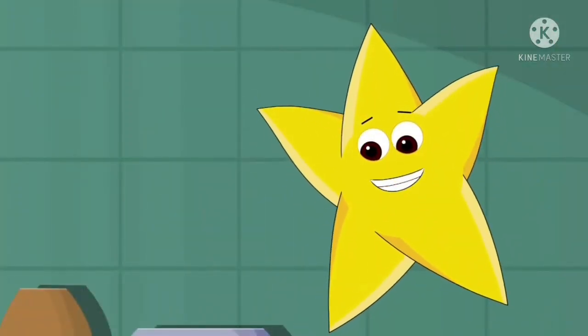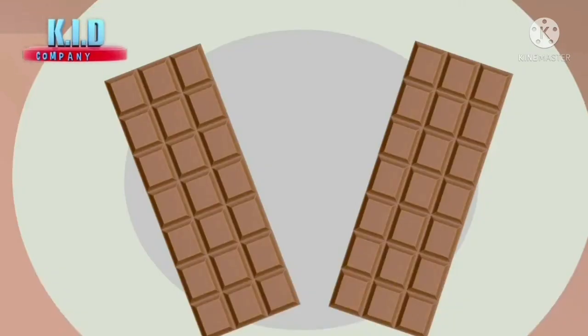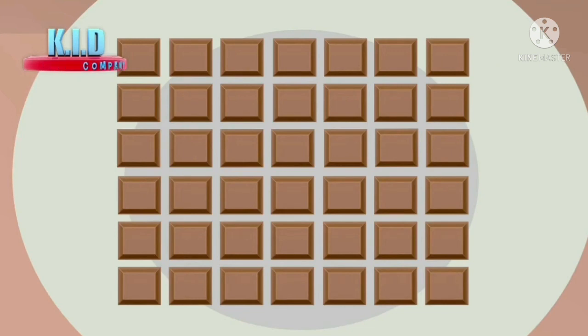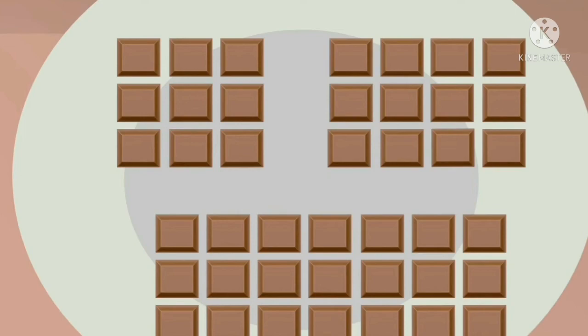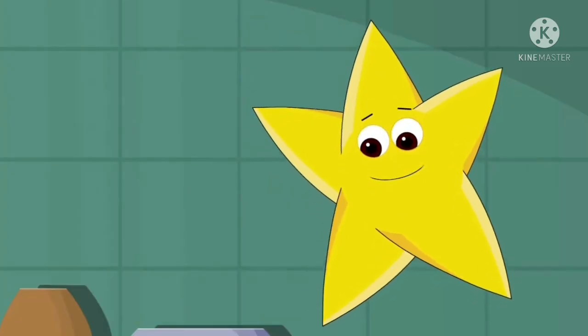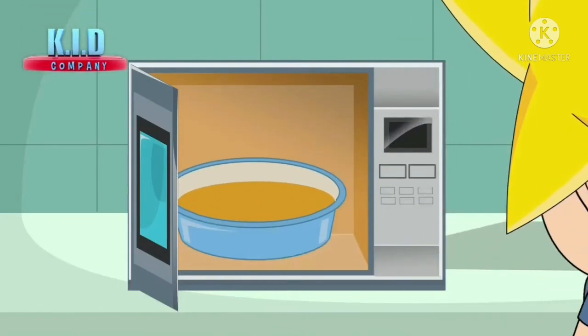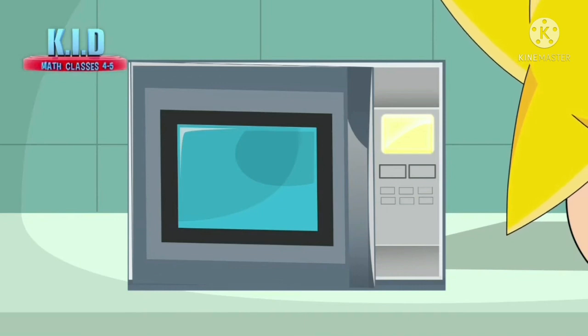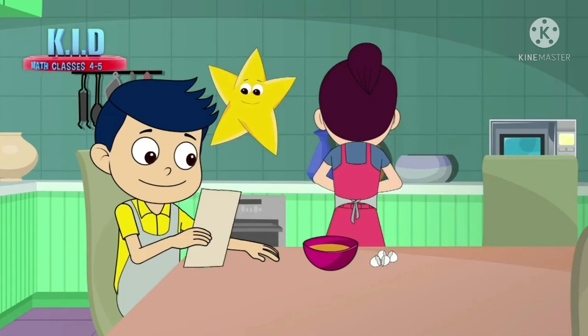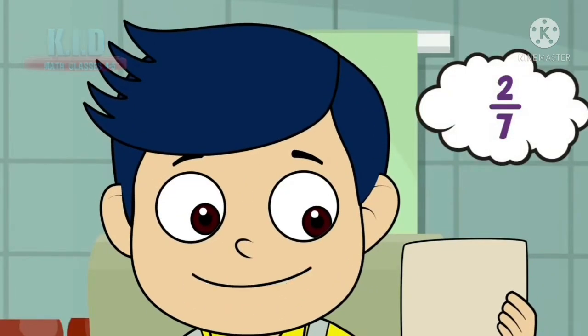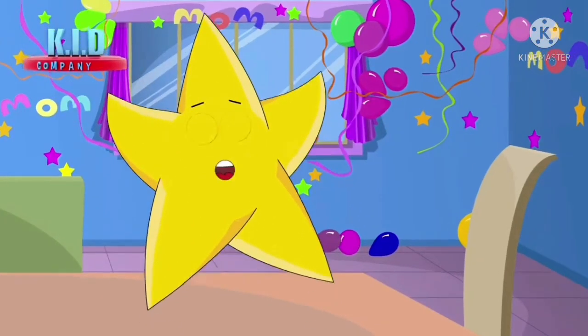So basically we would need to divide this chocolate bar into 42 equal pieces and then take out 21 now for the cake and use 12 pieces later for the icing respectively. We now need to wait for 20 minutes. Once this is baked, we just need to put chocolate icing on it. 2 upon 7 of the chocolate bar. Yes, 3/6 we have put in the dough.